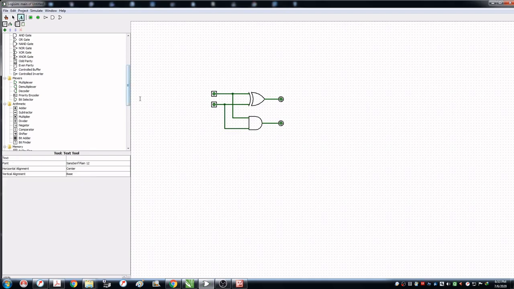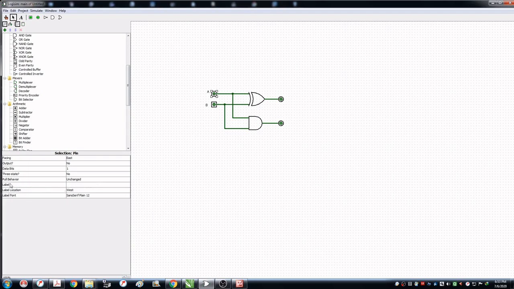Now we give labels to all these inputs and outputs. For this, say it as A and this one as B. You can also label these particular components or buttons from the property window.